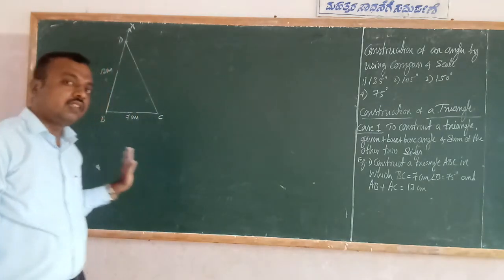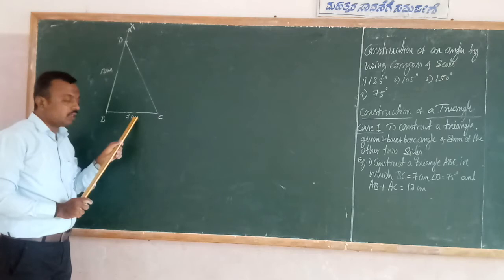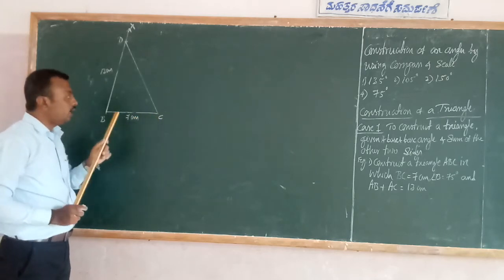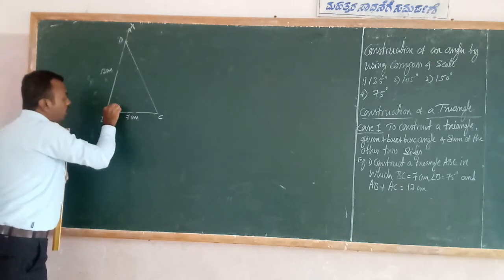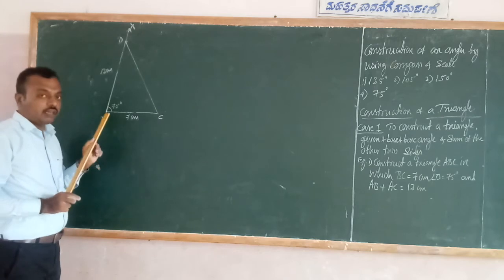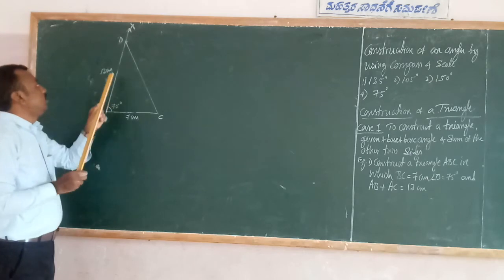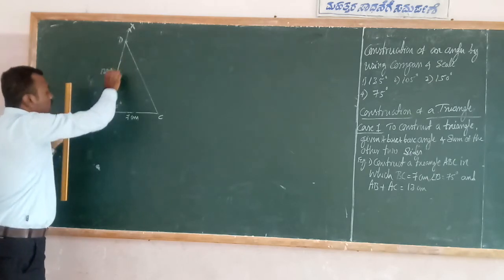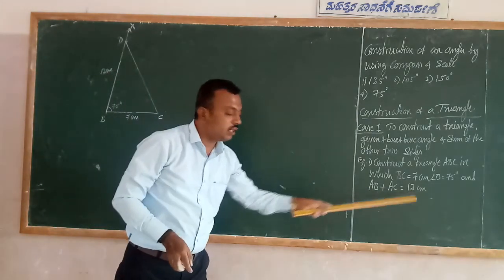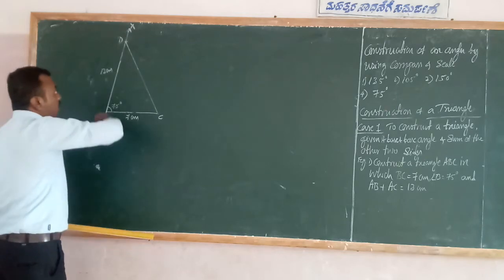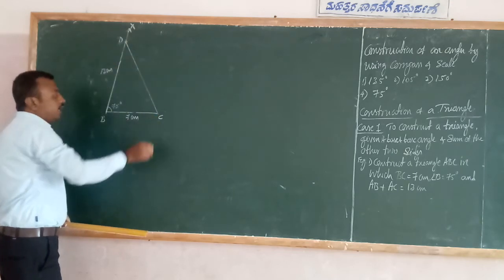Do you understand these steps? First, what we have to do? First, we have to draw a base of the side, that is 7 centimeter, and the base angle is given, that is 75 degree. By using a protractor, I will construct the 75 degree keeping on the point B and join these lines up to BX. So cut the BD. Next one, AB plus AC, how much centimeter is that? 13 centimeter. That 13 centimeter I will cut on the BX. That point we call it as D. Next, join D and C.